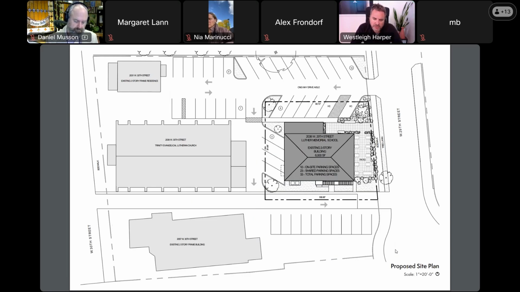So the proposed layout adds a more efficient parking lot. It also removes a couple parking spots from essentially the front yard of the existing school building. And we'd be replacing that with a patio that could be used by a future tenant, and really adds kind of a nice pedestrian point on West 29th Street.